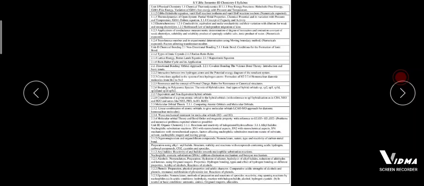In that, reactions and the reactivity of halogenated hydrocarbons. In that alkyl halide is there, nucleophilic substitution reactions are there. Second part is organomagnesium and organolithium compounds, then aryl halide and its reactivity, then alcohols, phenols and epoxides that we have to see under part 3. First of all, today we will start the first unit, that is nothing but physical chemistry.